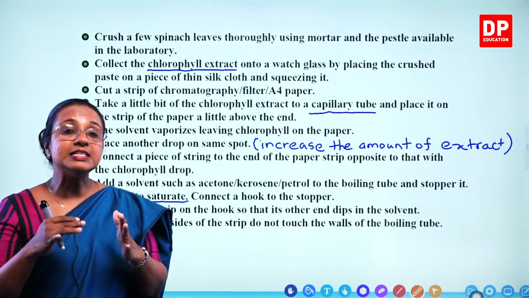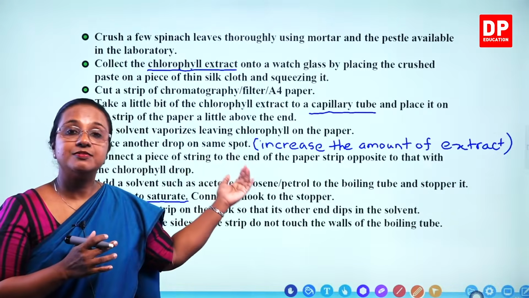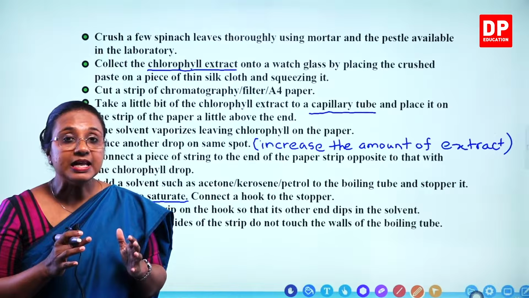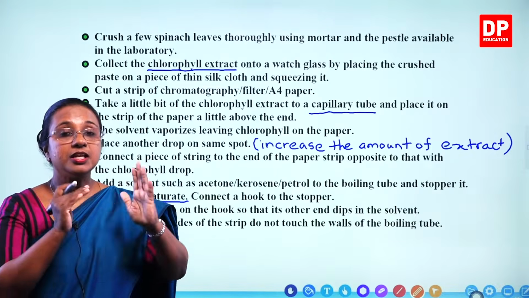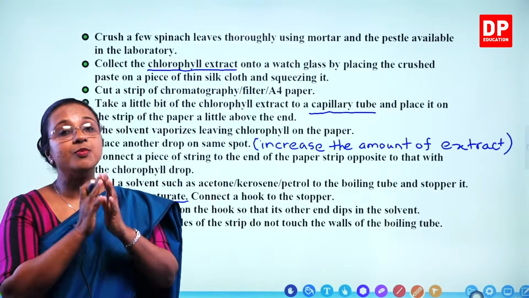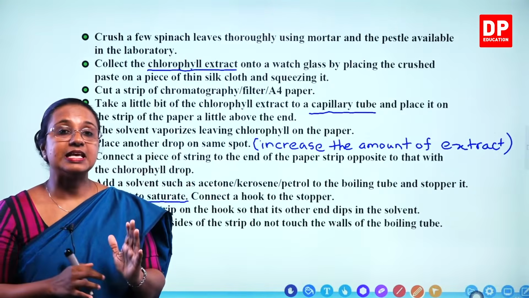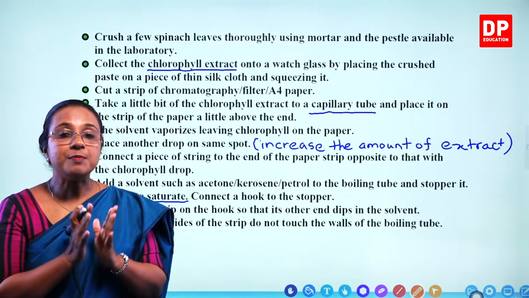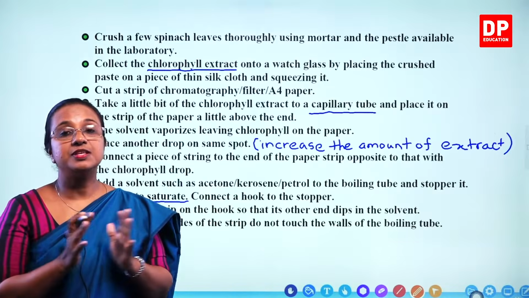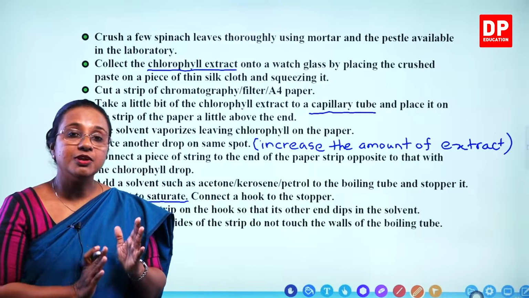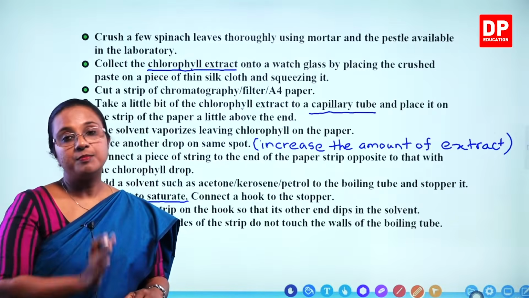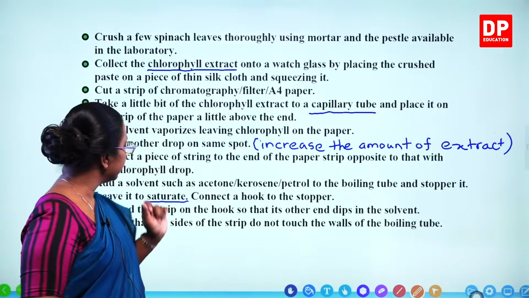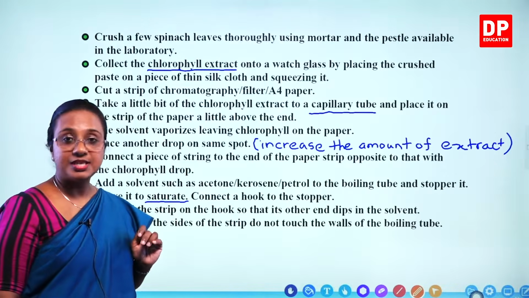So when we insert the stationary phase, that is the filter paper containing the sample, then the solvent will not try to evaporate and move from the sides. Instead, it will only rise along the paper. So that will prevent the spreading of the sample throughout the paper. It will only move in one direction from bottom to top and there will be efficient separation. So that is the reason we leave it to saturate.